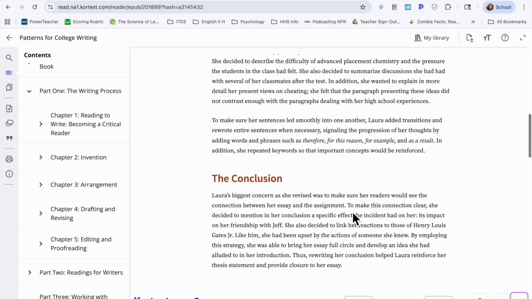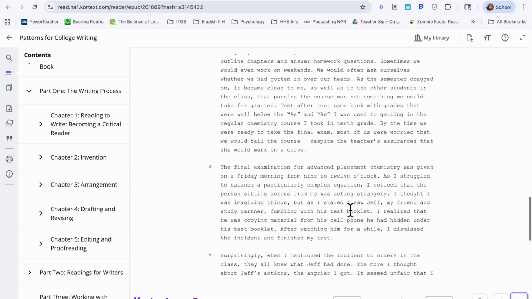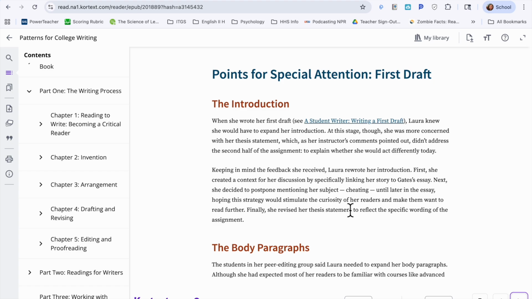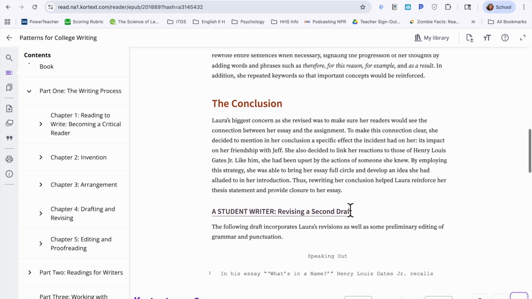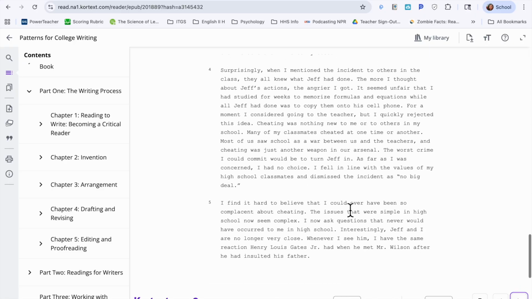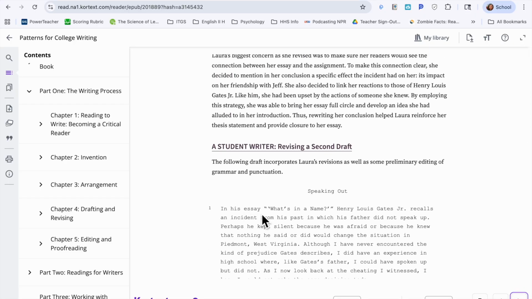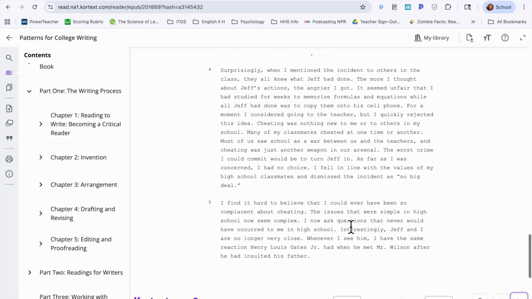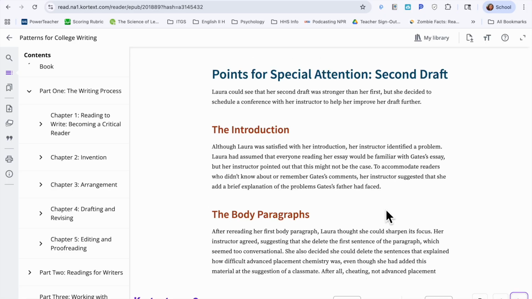So you're going to want to make sure that your essay has your introduction with a solid thesis statement, that you have your body paragraphs. And I hate the way that this essay starts. Don't even get me started. But anyway,